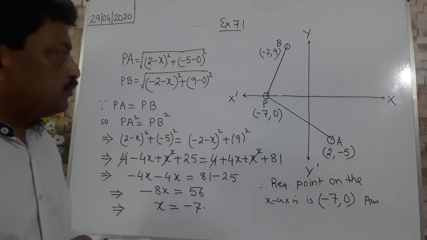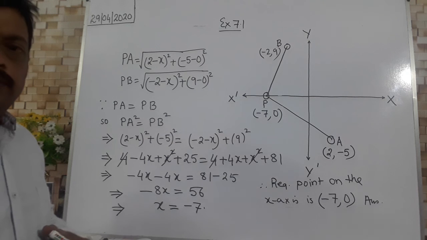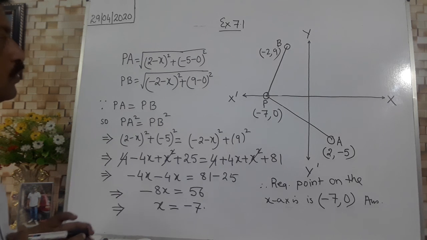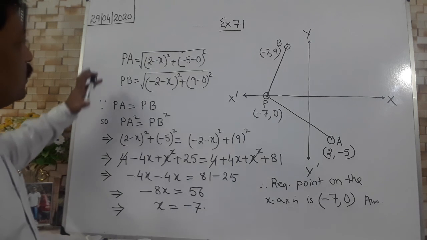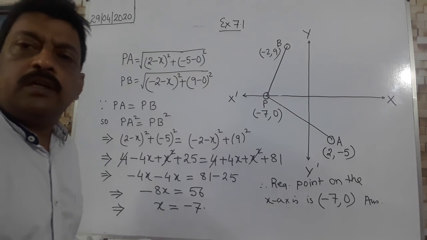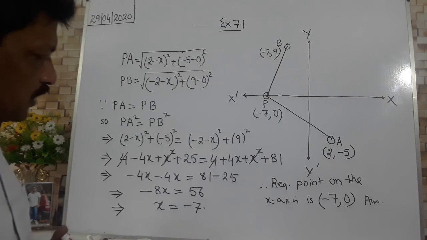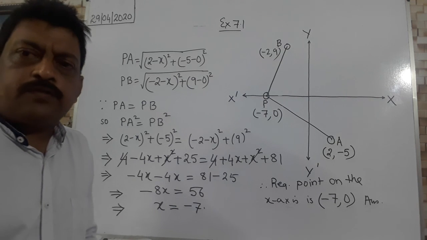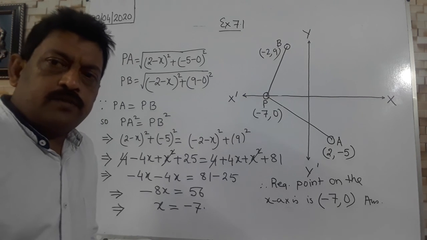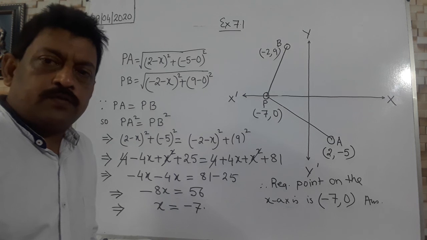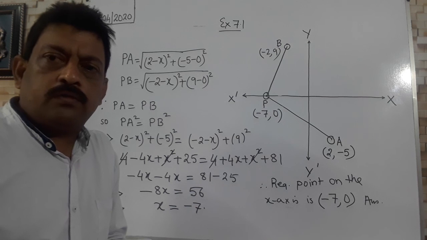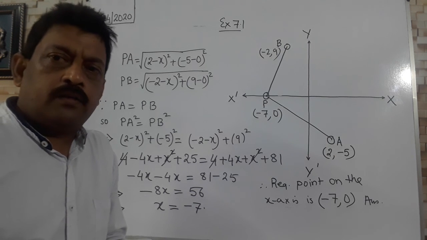So hope you have understood the whole thing. Very important question is this. It generally comes in the board exam also. Try to go through the process. It is nothing. Only we have to use the distance formula and stick to the basics. We will automatically get the result. So in this chapter, only these types of sums may come. You practice some more sums from the NCERT book and from other reference books. You will get so many different types of sums based on this distance formula. After doing some problems, your concept will be clear and you can do any sums.